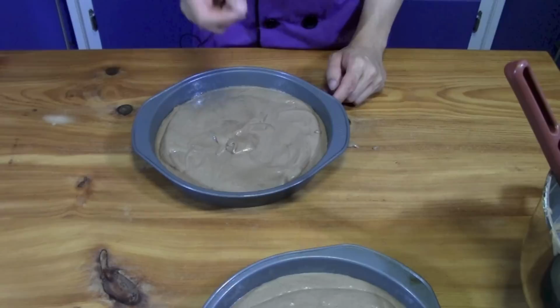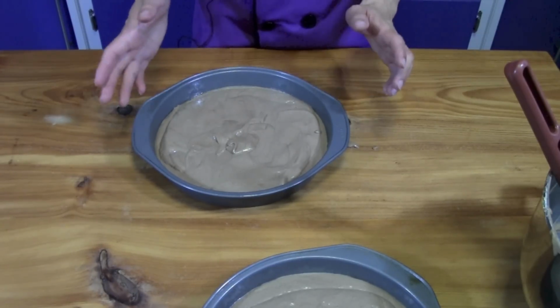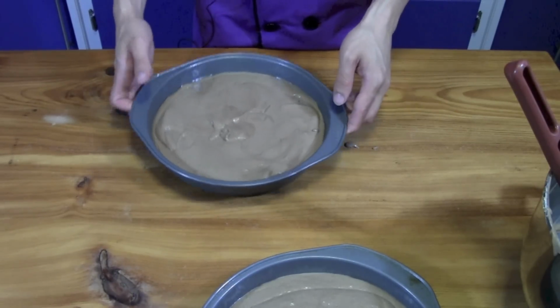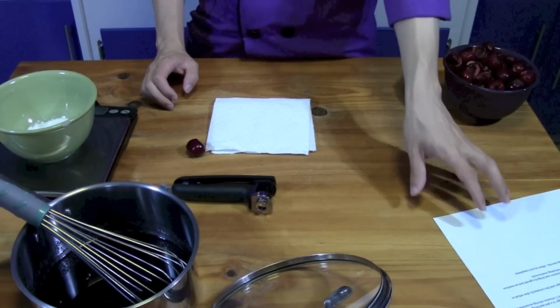If it comes out dirty, then it needs to stay in for a little bit longer, usually about 5 to 10 minutes or so. You just have to judge it depending on how much stuff comes back off the toothpick. Alright, so we're going to go ahead and put it in the oven on the middle rack. Alright, so while our cake is baking, we can go ahead and make the cherry filling